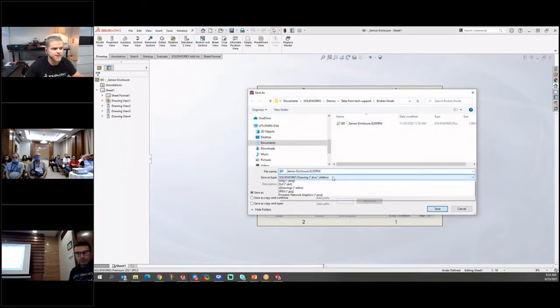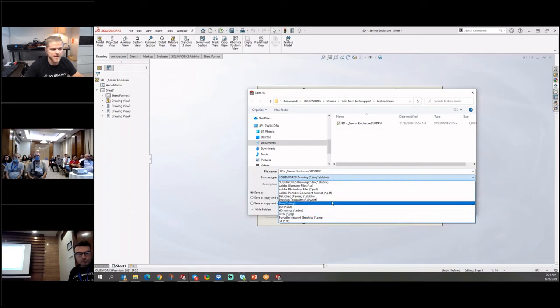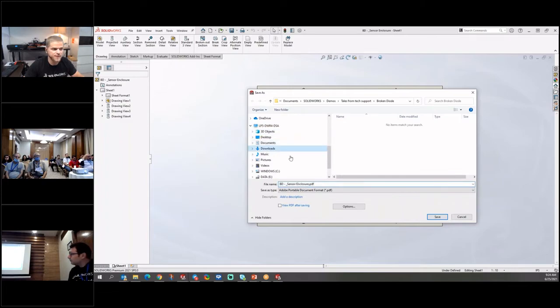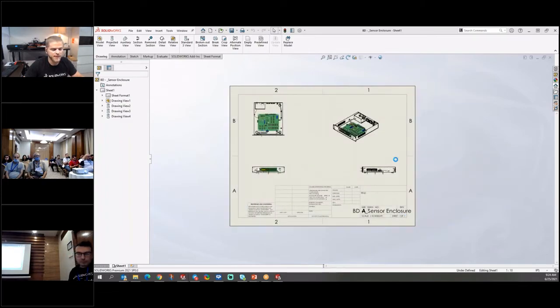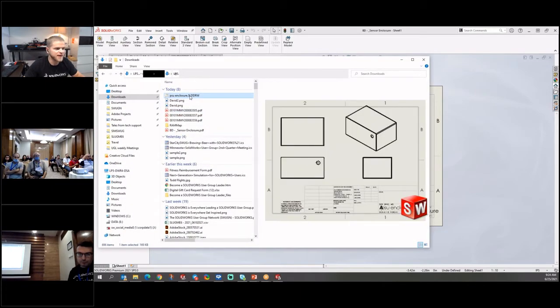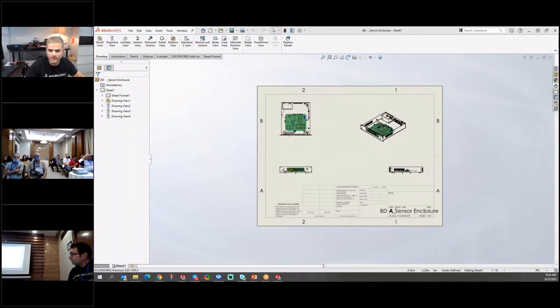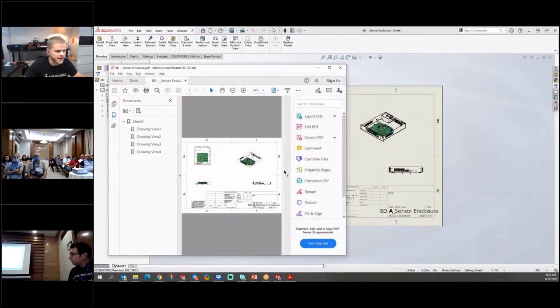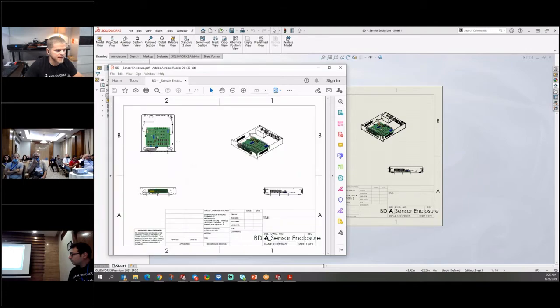This is the drawing that the customer would do: File, Save As, PDF, and save this out to a PDF file that they would print. Maybe this is something you've done before where you just take that PDF and save it out. I'll just do that in this example here. But even in looking at the drawing, I can tell something's up. I can tell something doesn't quite look right. Let's open up that PDF we just saved.